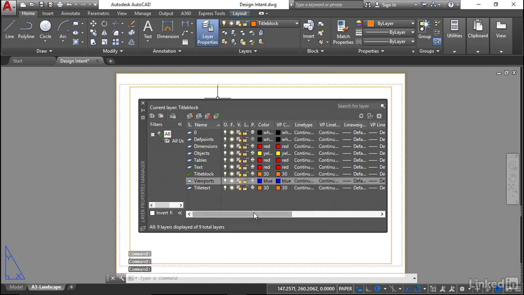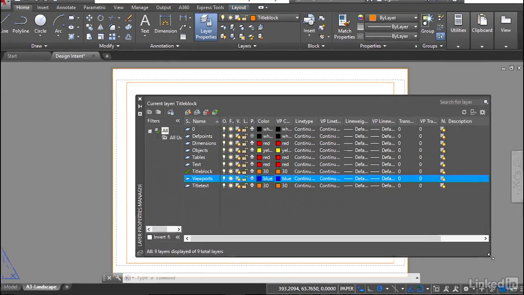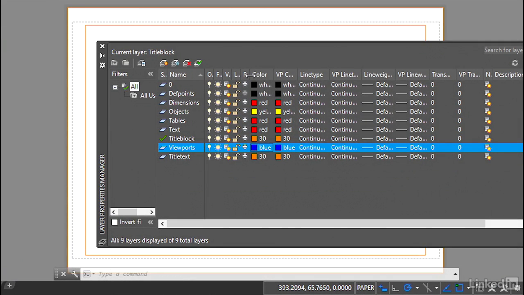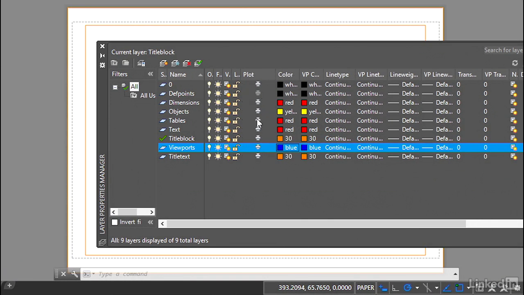tab. And what you also want to make sure of is that it doesn't plot as well. So I'm going to expand the Layer Properties Manager a little bit, like so. And what you'll notice, there's a plot here. Can you see it here? There's a plot column. And the Viewports layer, you click on the little plotter, and can you see there's a